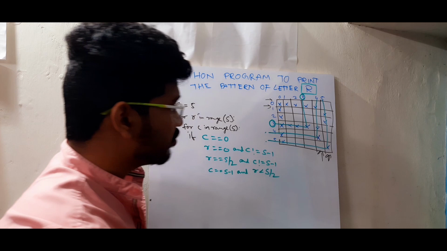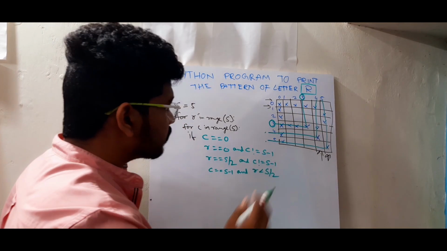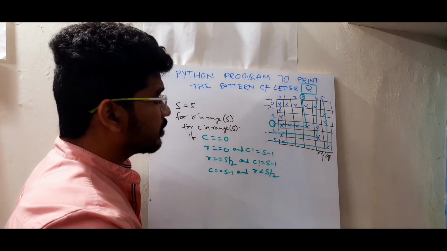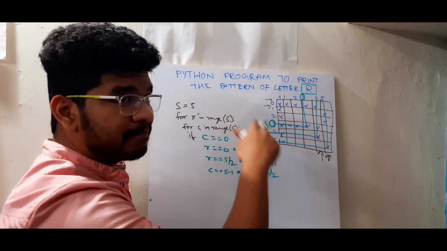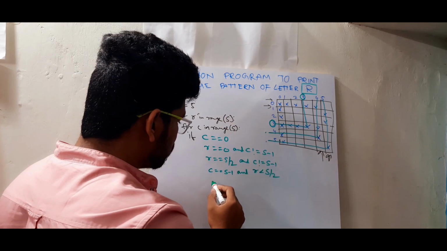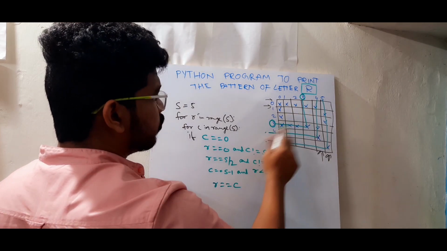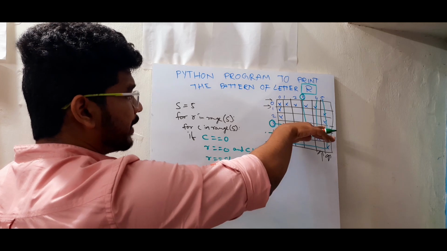In that condition, we print these stars, that is the slanting line. That condition we have also used for the letter N, and also for the letter M. So here the condition is row equal to column. You see 3, 3, 4, 4. And one more condition is that row should be greater than half.